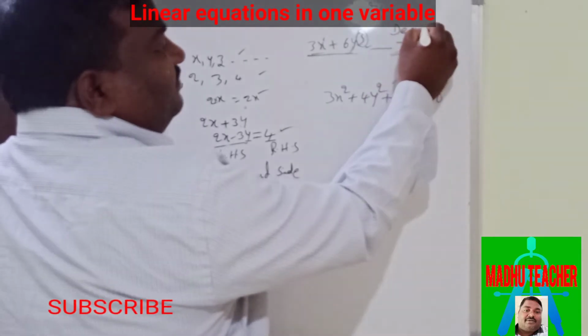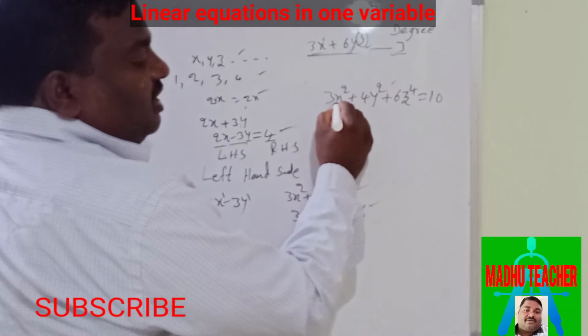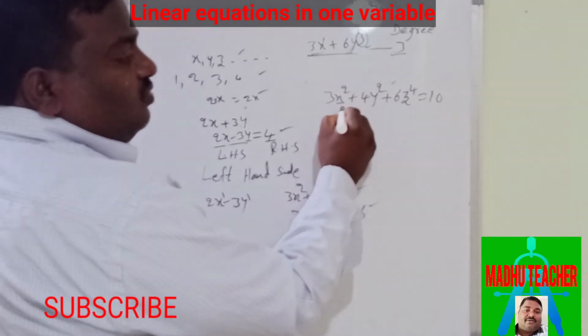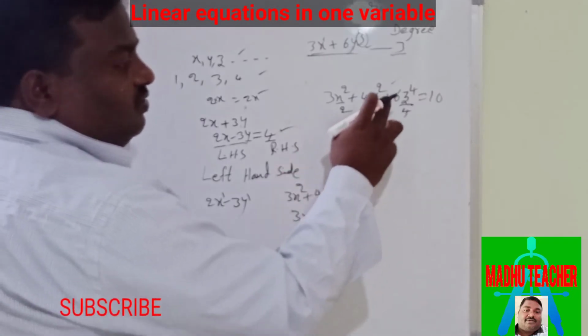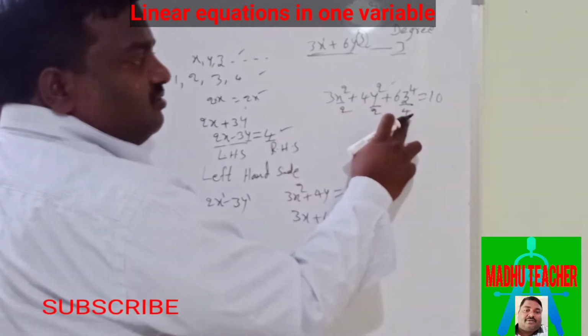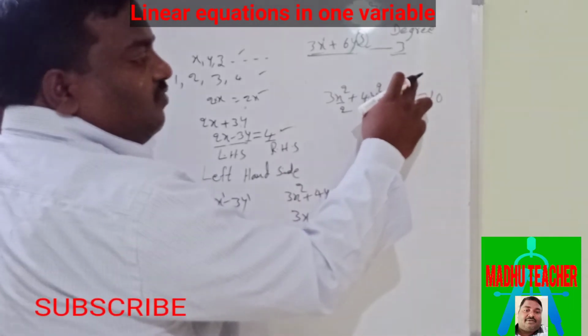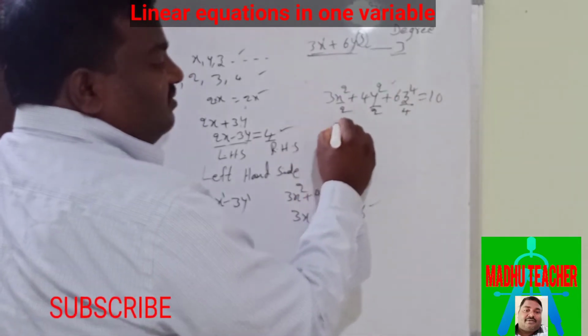This is degree. And in this, the exponent of x is 2, y is 2 and z is 4. So among these three terms, this 6z to the power of 4 has the highest degree. Therefore the degree of this equation